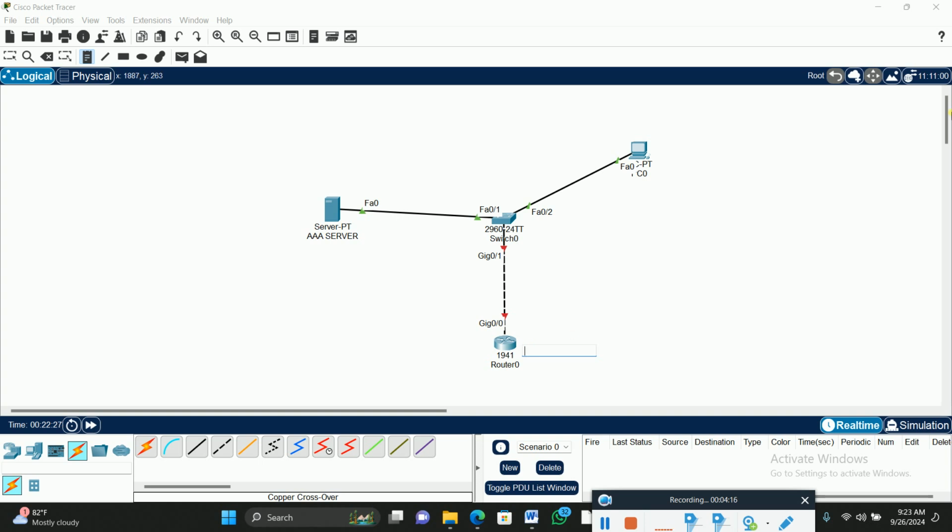So the IP addresses we will configure are 192.168.10.200 on this one, then 192.168.10.201, then this one will take 192.168.10.150. Okay. So this one is